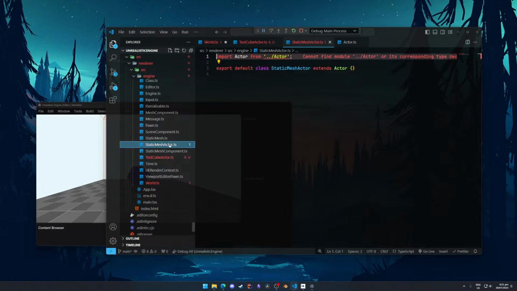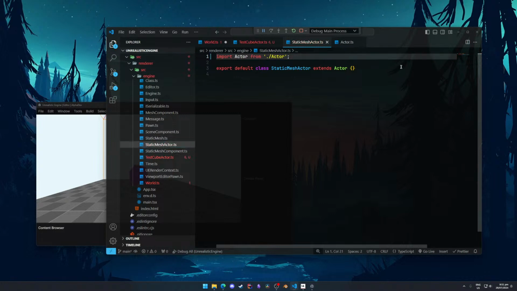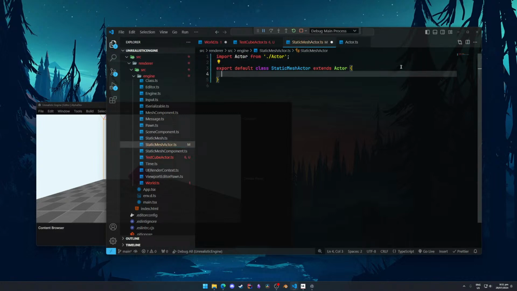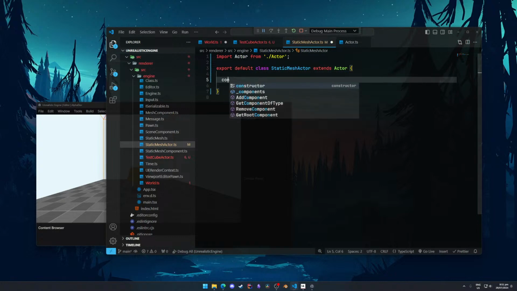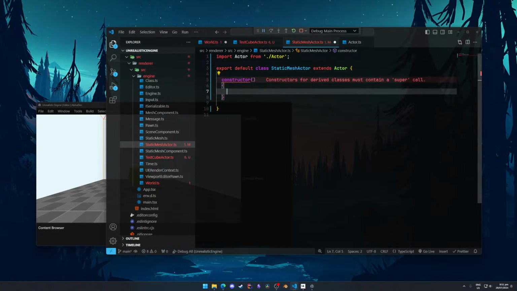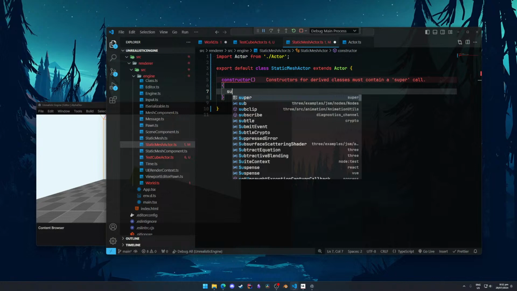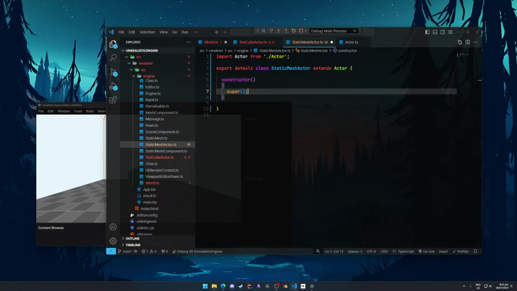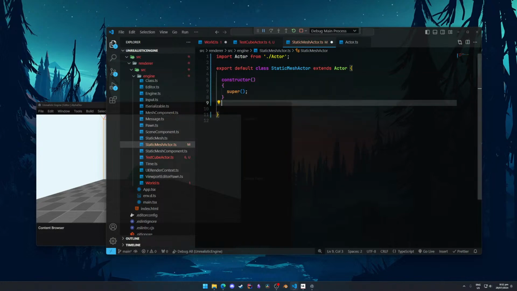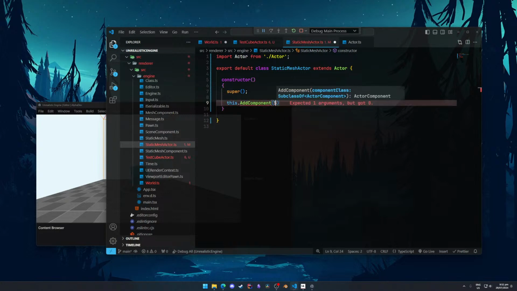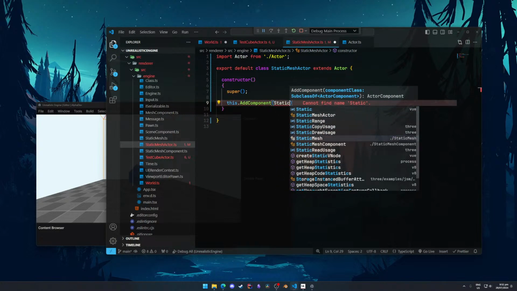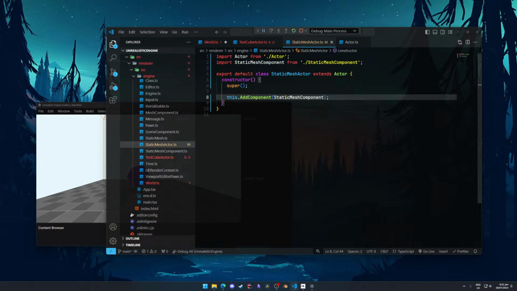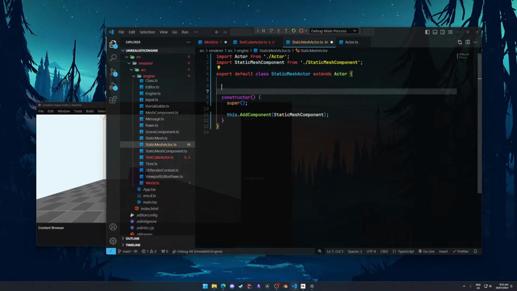Can't find actor. Okay. Basically this static mesh actor, all I wanted was when it's constructed, to do add component static mesh, and then have like